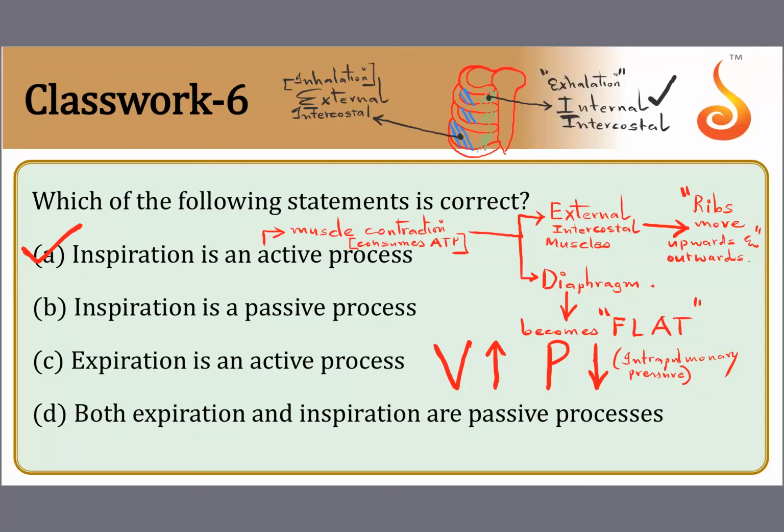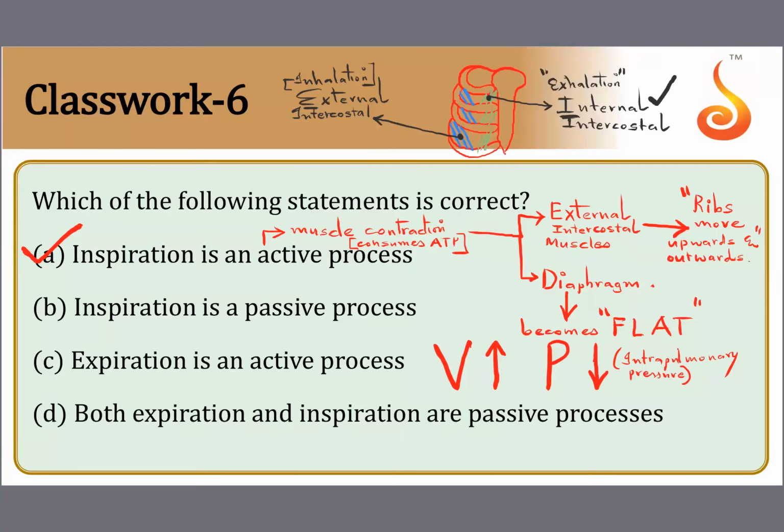Okay, like I told you, see how it is disposed. The external intercostal muscles are actually on the outside of the ribs, on the lateral side of the ribs. That's why they are called external intercostal muscles. And you can see how obliquely they are oriented. And then your diaphragm becomes flat due to contraction. When all this happens, the cavity in your chest will become more voluminous. And that increase in volume will bring down the pressure in your lungs. The lung is not getting squeezed from all sides. The lung is able to breathe now. It's free inside your chest cavity.